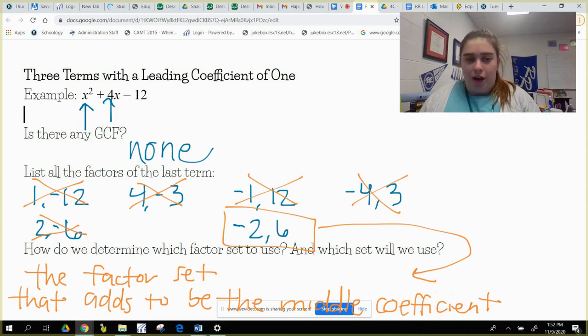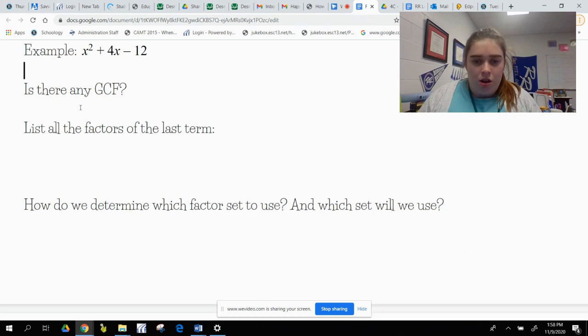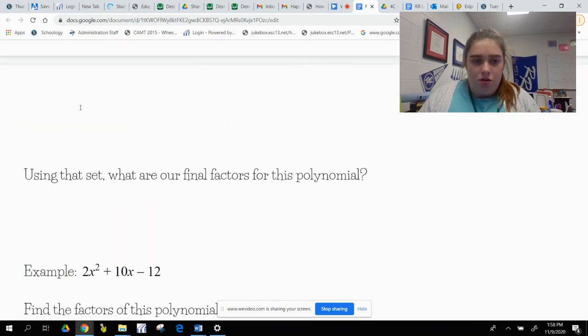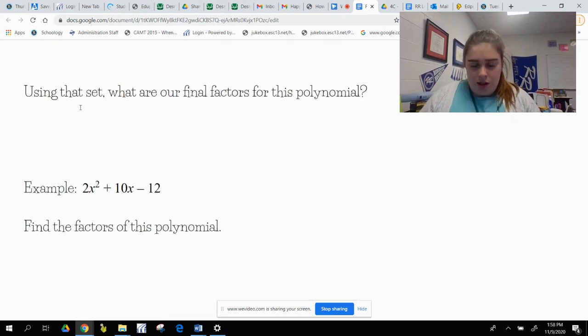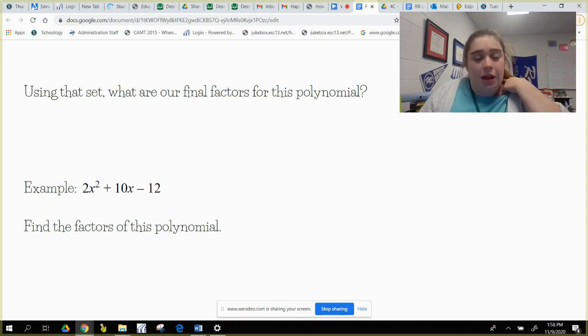Okay, so make sure you have that written down, and I'm going to scroll down a little bit. All right, so we're using that negative 2 and 6. The reason why we're picking a set to use is that it is going to end up being basically what our factors are. Since we didn't have a greatest common factor to take out, we just need to write 2